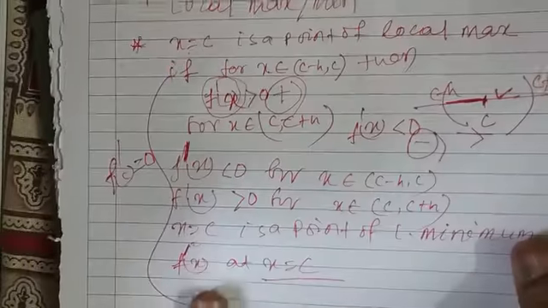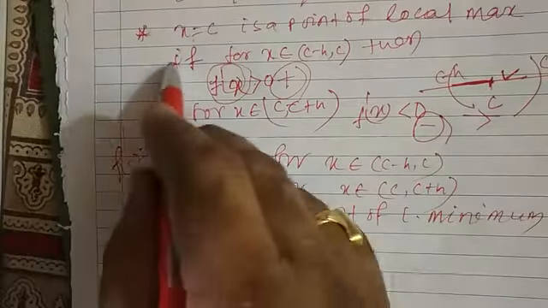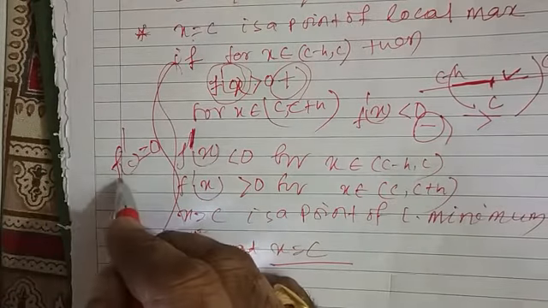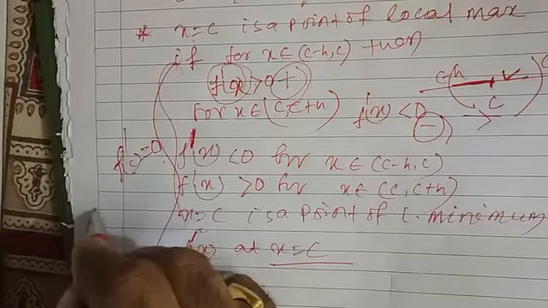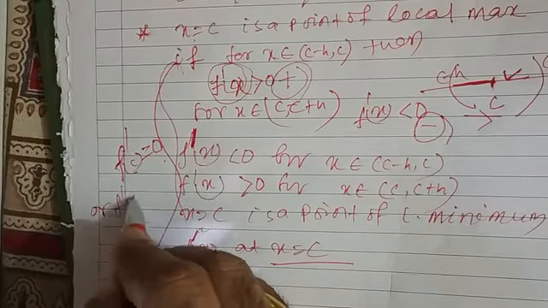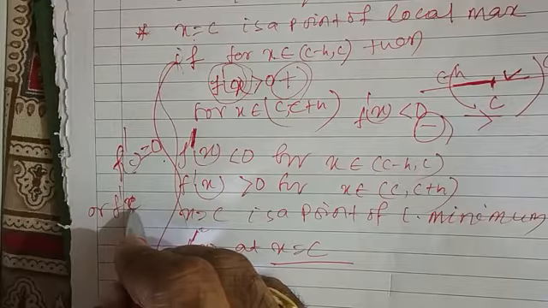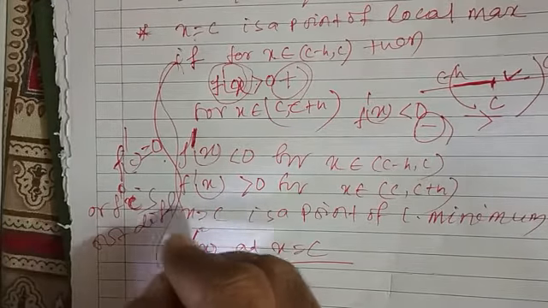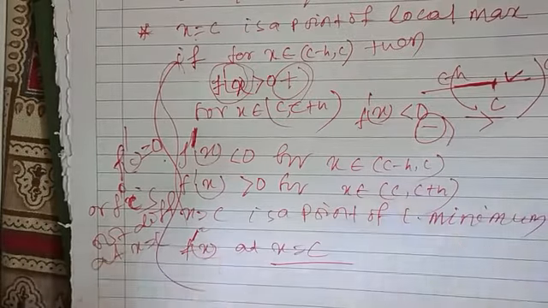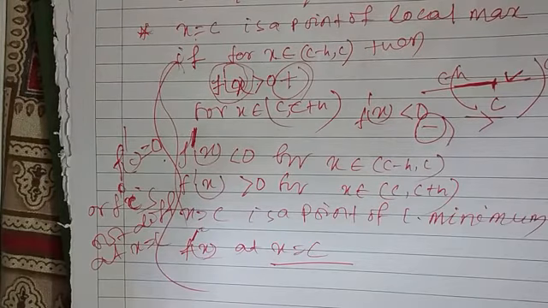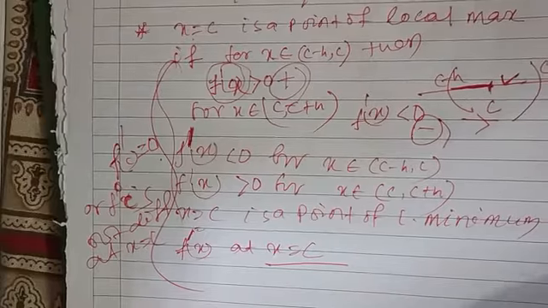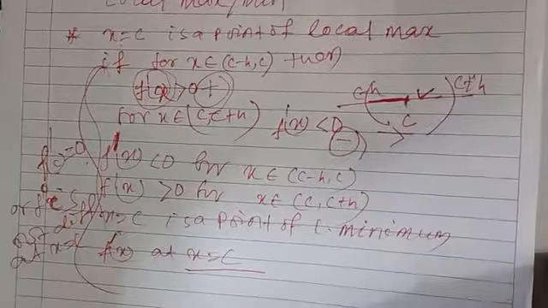So from this we got the conclusion, for either local maximum or minimum points, either f dash c equal to 0 or f dash c is not defined or does not exist, or f is not differentiable at x equal to c. So these points where a function has a local maximum or local minimum are called the critical